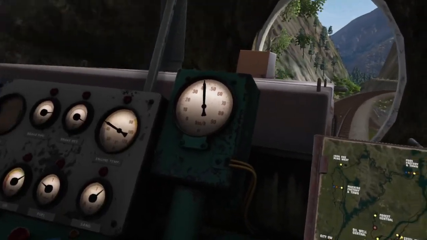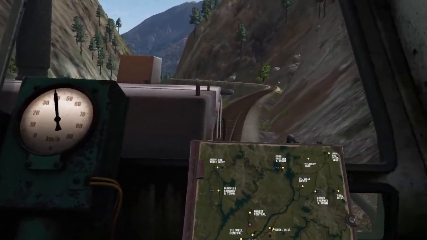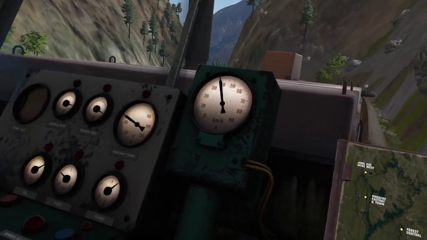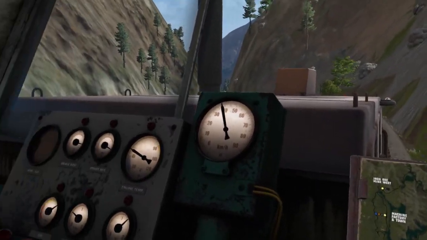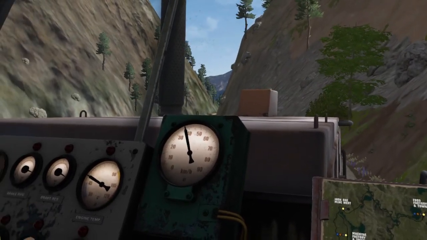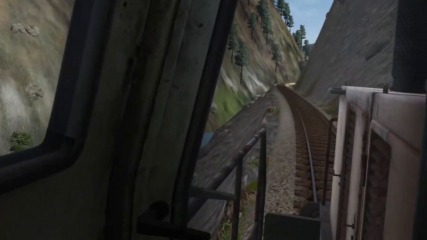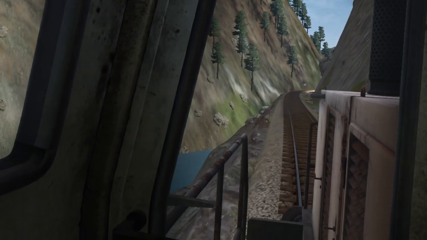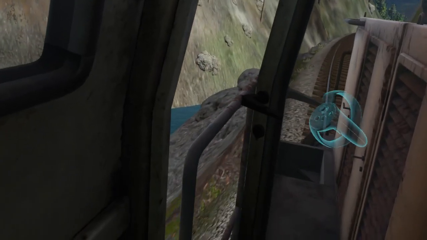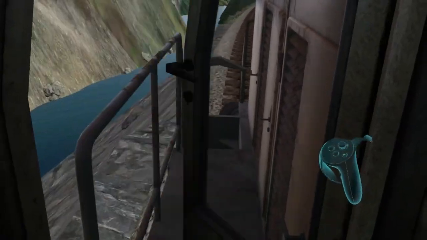Not going to be tricked by that sign. Is nice and manageable. That way I feel like I could drop us down to 30 if we need to pretty quickly. I do like these new doors. I can just...